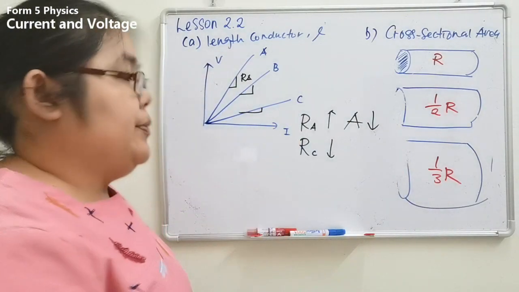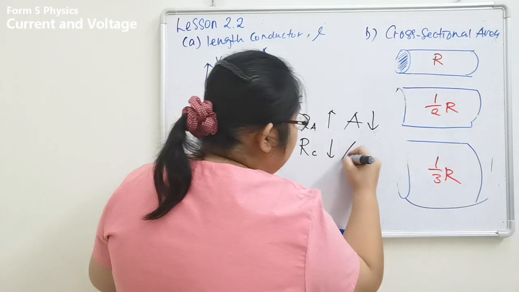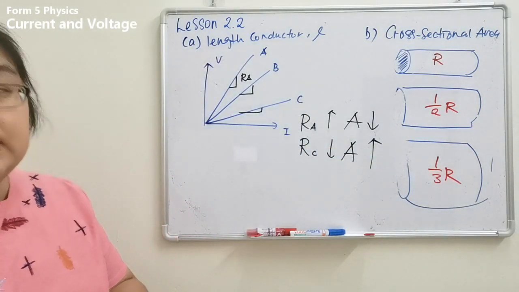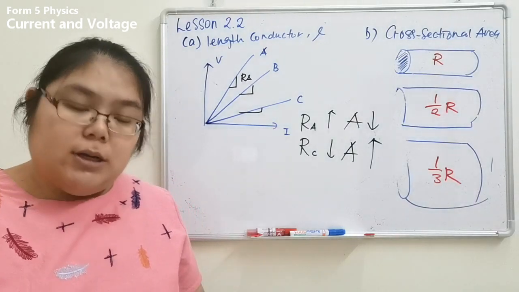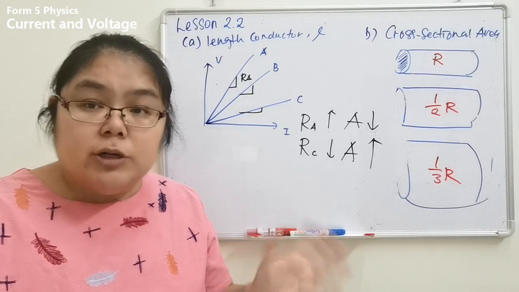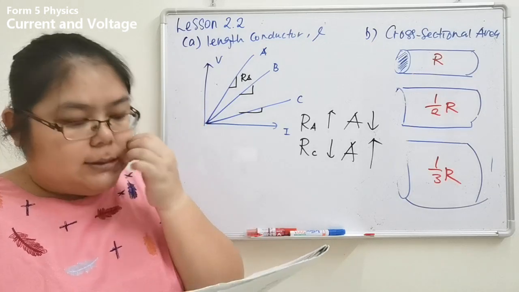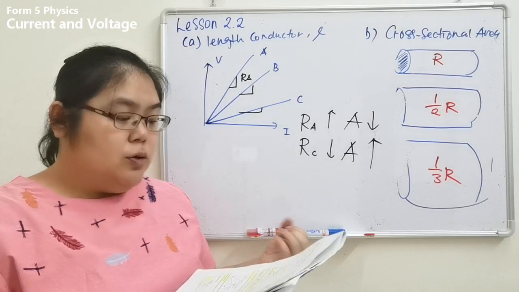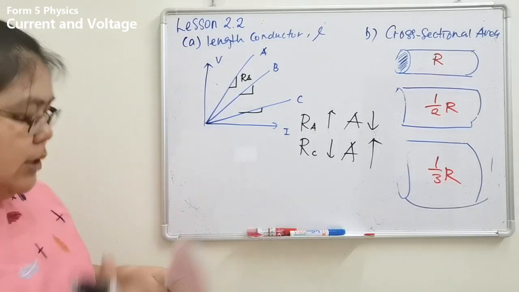You are the thin one. So this one, the wire should be the thicker one, because both are inversely proportional. We refer to the graph, then we know which one should be thicker and which one should be thinner. In some questions, they never talk about thinner and thicker. They use the word